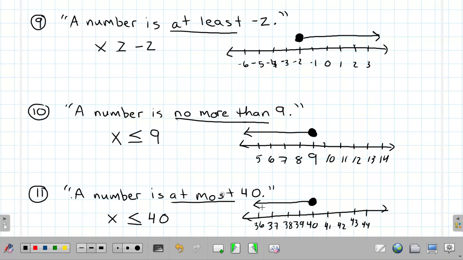So with that being said, that's all for translating inequalities. But like I said, just think about what these words mean. Use your reading comprehension. Think about what these words mean. And these phrases here, at least, no more, at most, they actually have a mathematical meaning in that, once again,